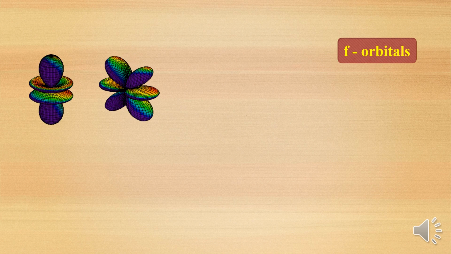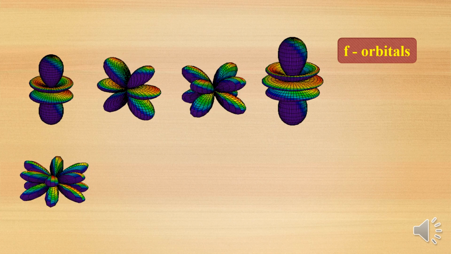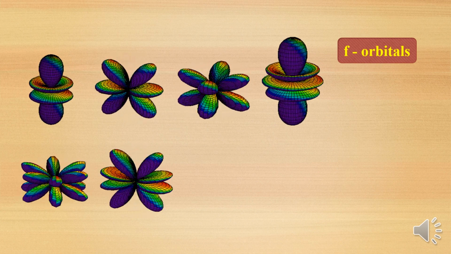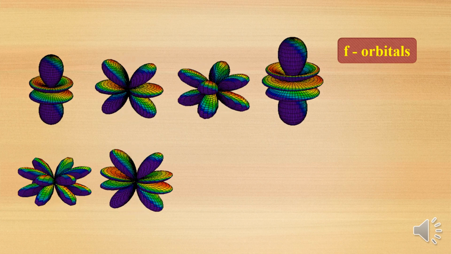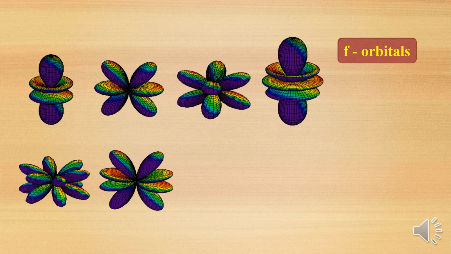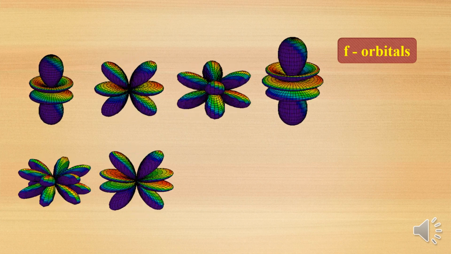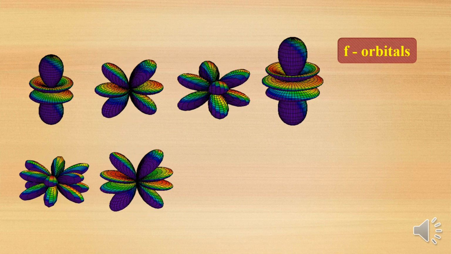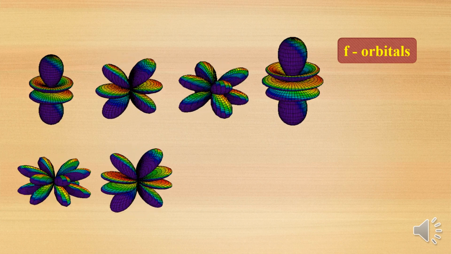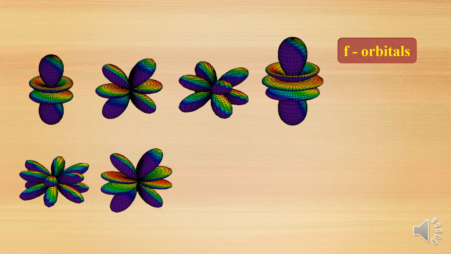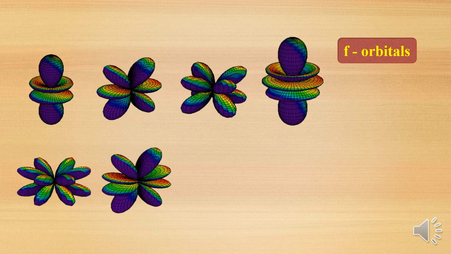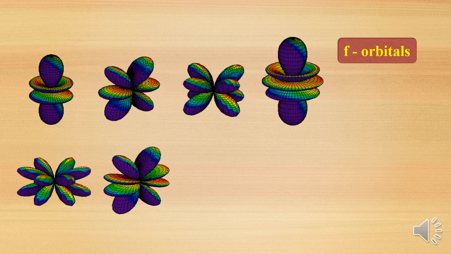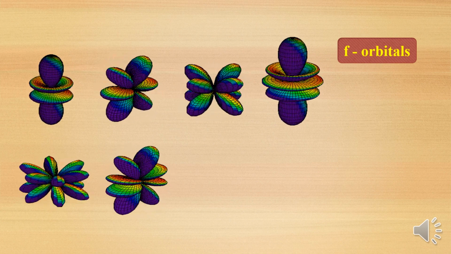So these are the f orbital shapes. Already we know the shape of s orbital is spherical. P orbital is a dumbbell. If it is on the x axis, then px, y axis, then py, z axis, pz. Like that, dxy between x and y axis, two dumbbell shapes will be there. dxy, dyz, dzx, then dx square minus y square and dz square. We have already seen the shapes of d orbitals. These are 7 orbitals, these are f orbitals. These are the shapes of f orbitals.